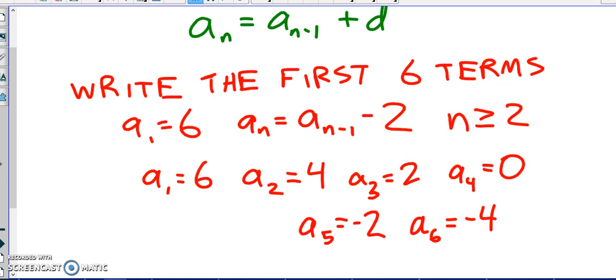Now, while that's easy to come up with, if I want to know what A6 is without doing the other 5 before it, this doesn't really work well. So what we need to do is come up with an explicit formula. So, notice